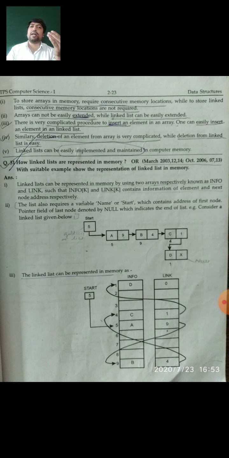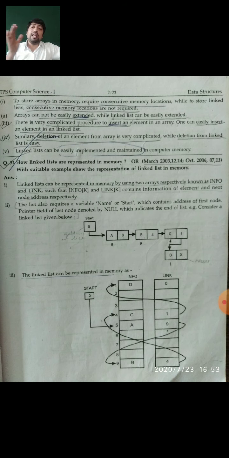Generally arrays are static, while a linked list is dynamic. You can add many types of data, but in an array there is some limitation. It is very hard to add new data. It can be extended, but not easily.